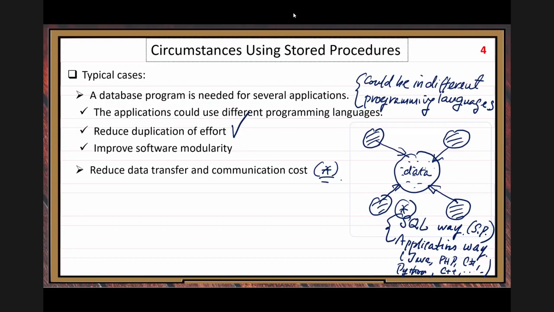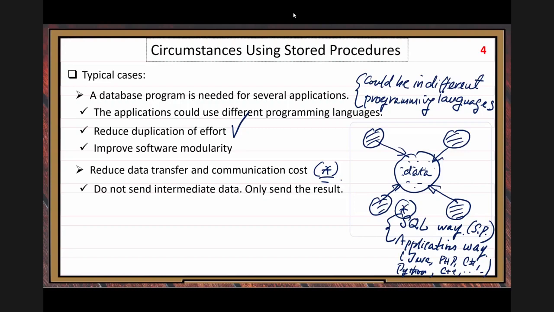All right, so let me see what else I have. Why can we reduce the data transfer communication cost? Because we do not need to send intermediate data between web servers.